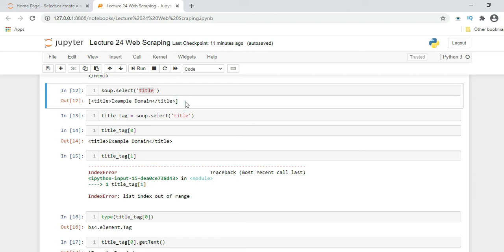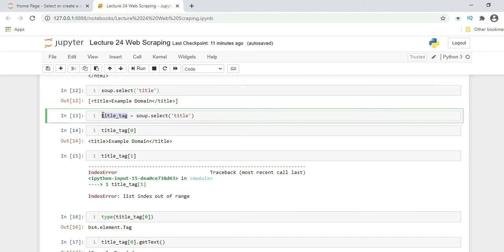Now if you want to take a specific index, or let's say there are two or more tags used on a title, then in that situation we have to go with the index number. So again here, the variable name is title underscore tag equal to soup dot select.